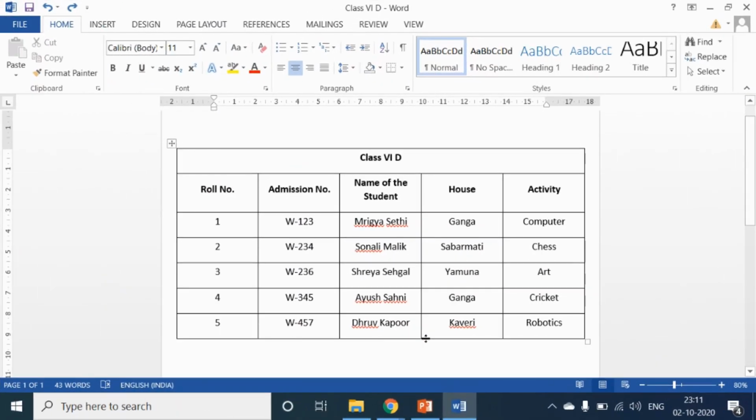Students, let's see the first method, using the mouse pointer to resize column width and row height. The row height or the column width can be quickly changed by using the mouse pointer. First of all, place the mouse pointer on the row border like this.